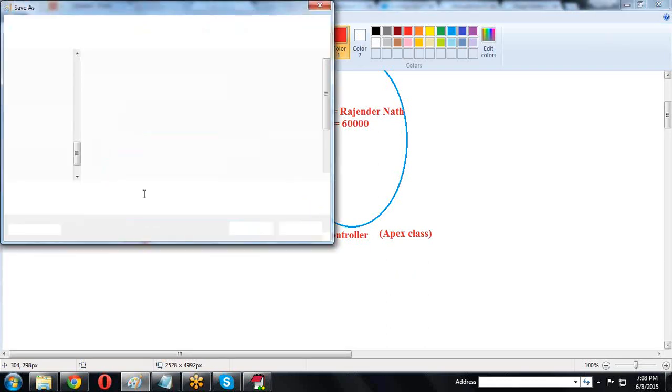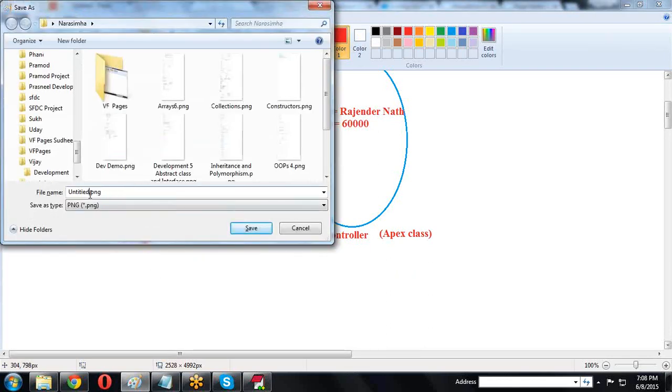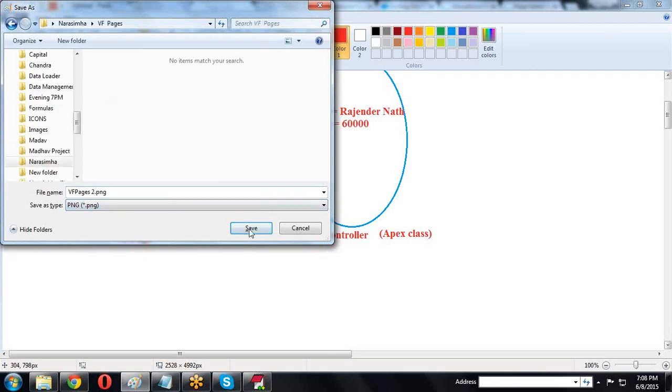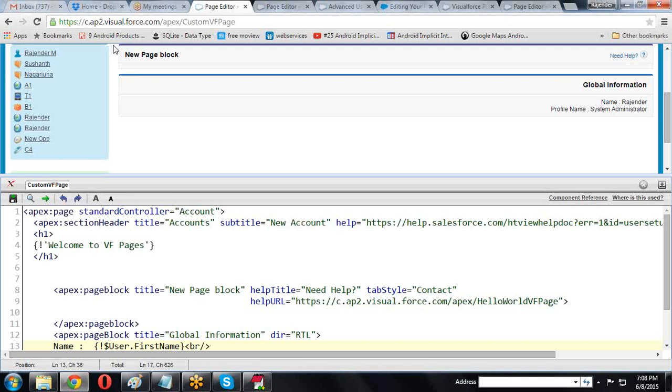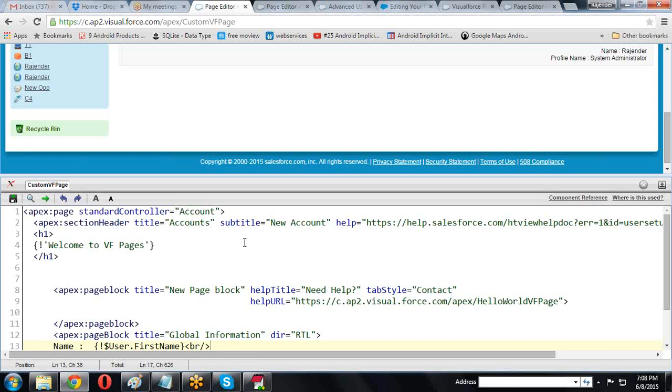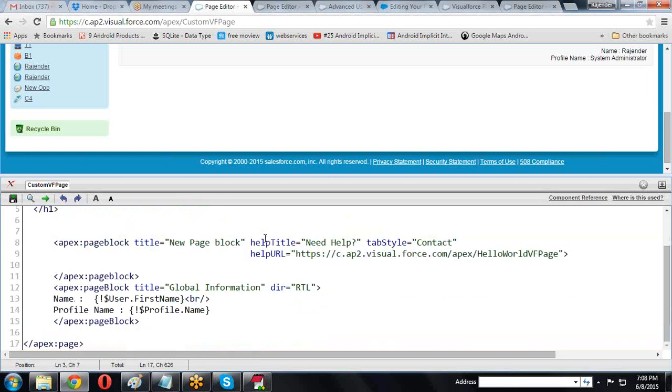So just save it. I am saving. My controller I am creating. So new Visualforce page I am creating. I am using this same thing only.